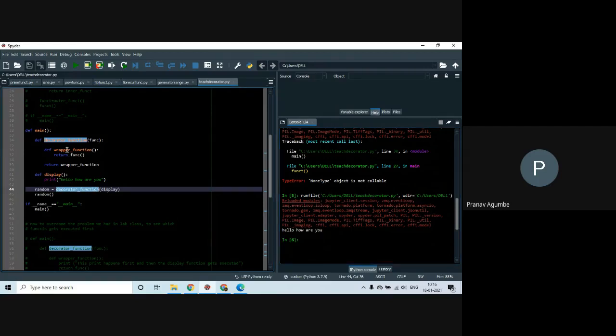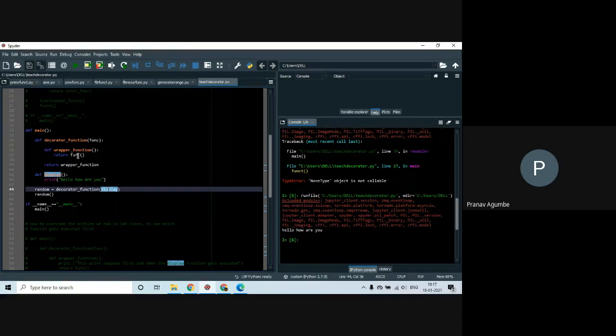So it goes here, and since functions can be treated as first class citizens, we can use a function as a parameter itself. So display is the parameter here. Then it goes inside, defines wrapper function, return func. Now it is not inside the wrapper function.